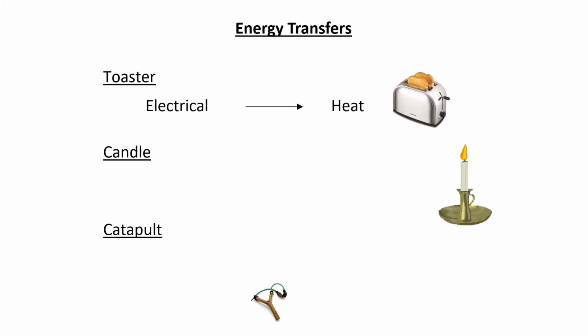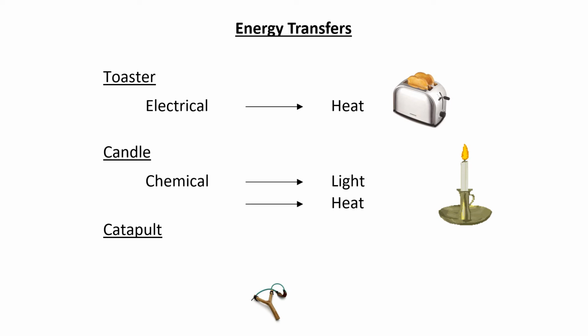The candle is taking a store of energy in the form of chemical energy. Now, that chemical energy is in the wax. And when we light the candle, the wax combusts and it turns into both light and heat. You probably wouldn't normally use a candle to heat up a room, but the act of burning or combusting does produce heat, and it can be useful or wasted depending on what we're using that sort of combustion for.